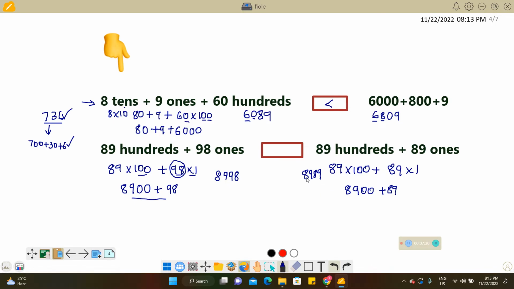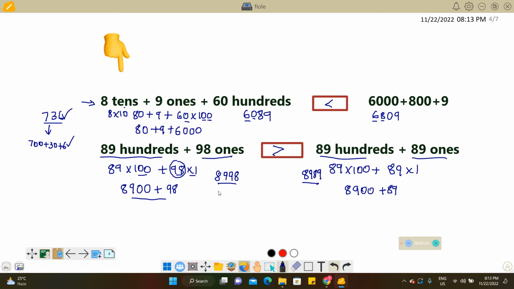So here actually we don't have to do all these things even. We can just compare over here, because they directly said the same number of hundreds without any confusion, right? So here there are 8900s, here also there are 8900s, so both are same. So we can move on to the ones. 98 ones we have here, but here we have only 89 ones, so which is greater? Obviously 8998 is greater than